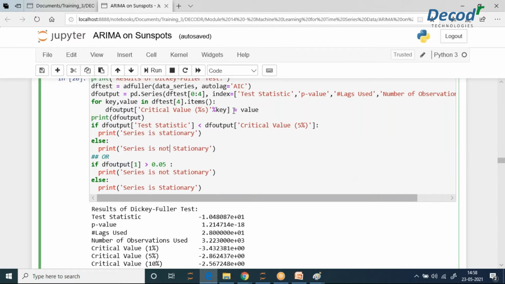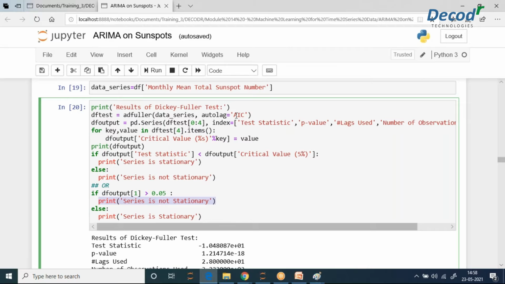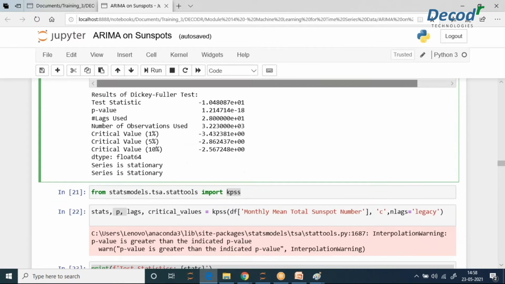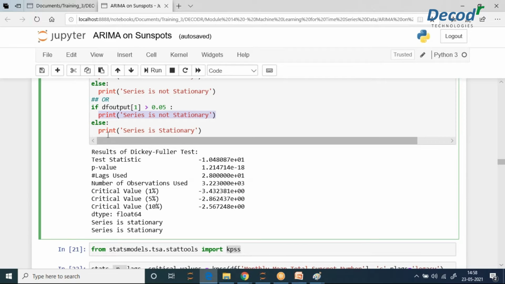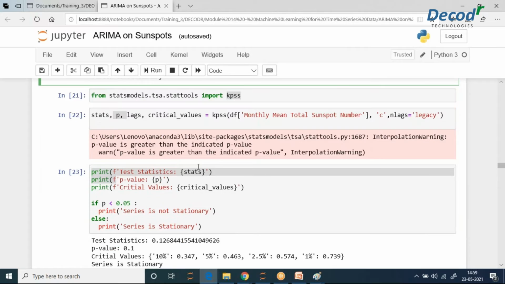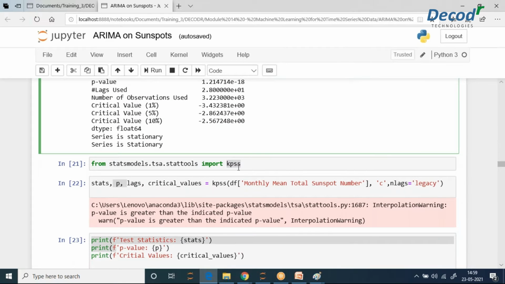In case of AIC, if your p-value is greater than 0.05, we say it's not stationary. It's not greater, it's lesser, so it is stationary because it's lesser than 0.05. And in this case, we see the series is stationary. So using both the models, we find out the series is stationary.